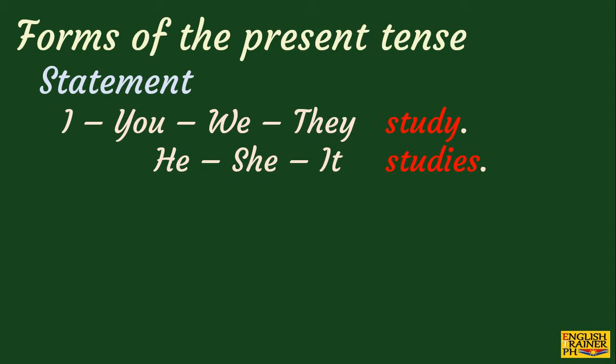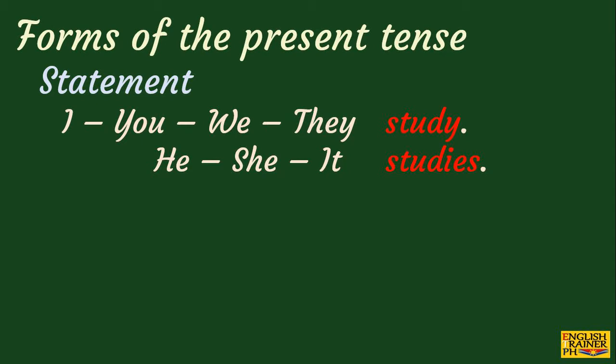They study Japanese. We can also replace the pronouns we and they with definite subjects like the students, the workers, the employees, the managers, the people, and so on and so on. But the verb that follows these will still be in the plural form, which is study only. So I can say the students